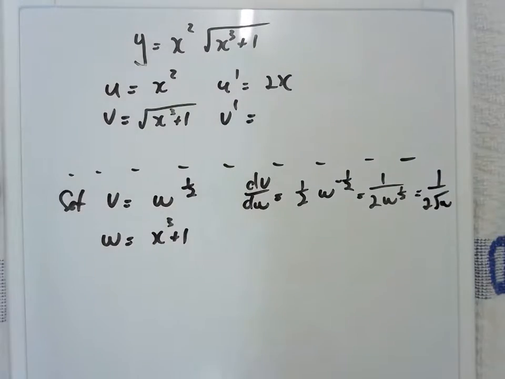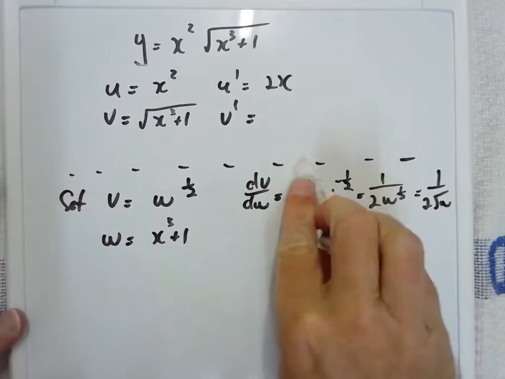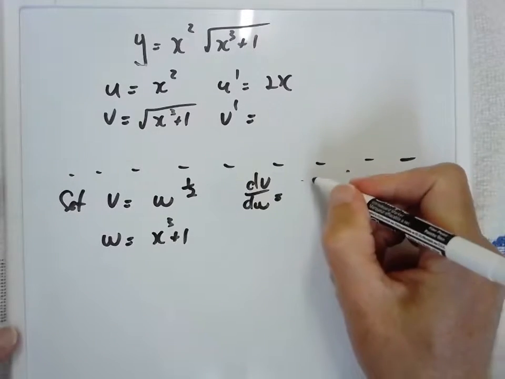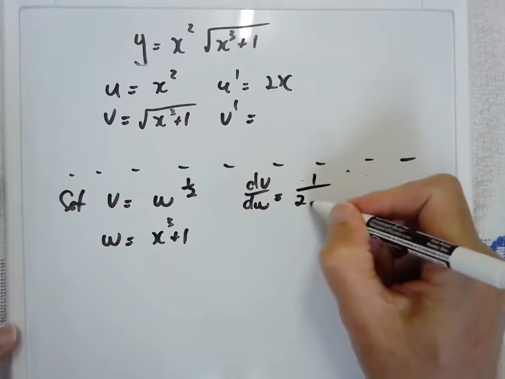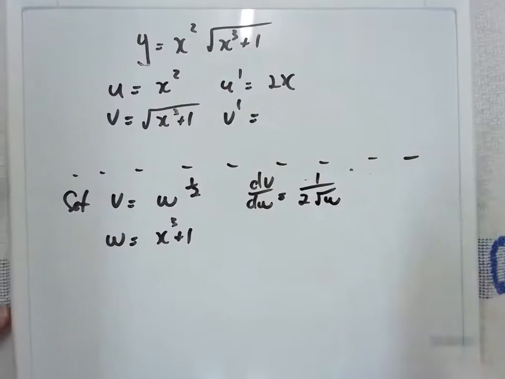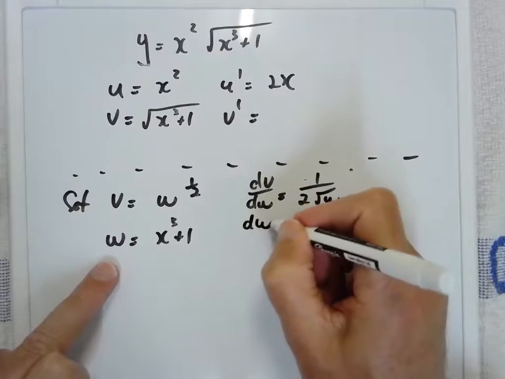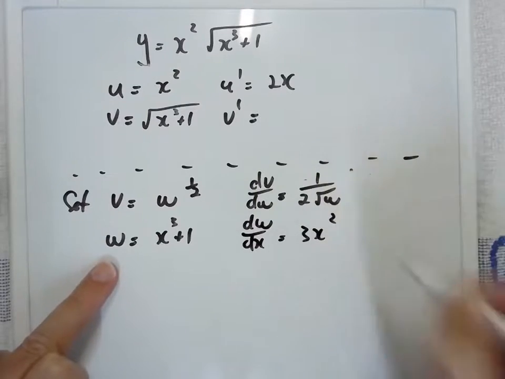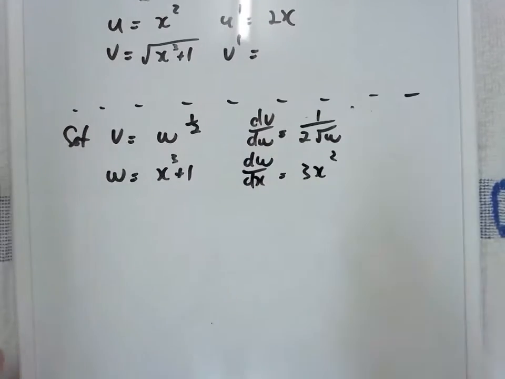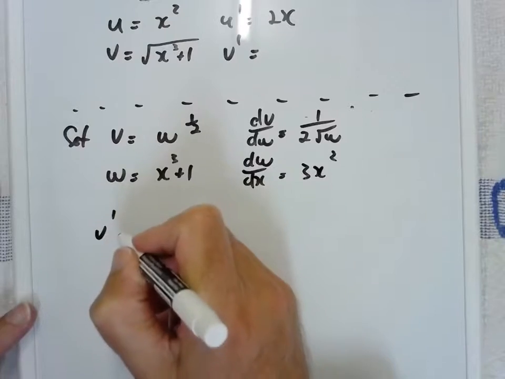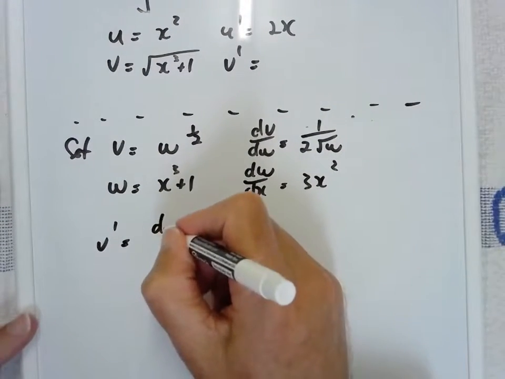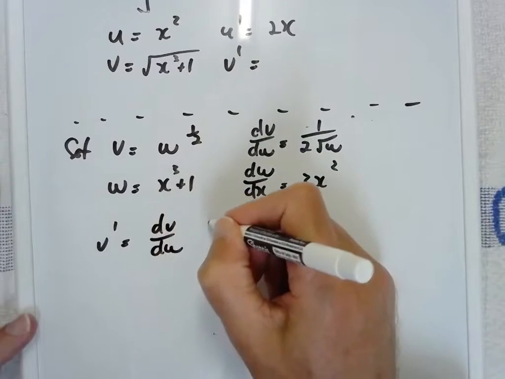So that's just showing you how I'm going to get to 1 on 2 root w. And here, dw dx is 3x squared. Okay. So v dash, which is what I want up here, is dv dw times dw